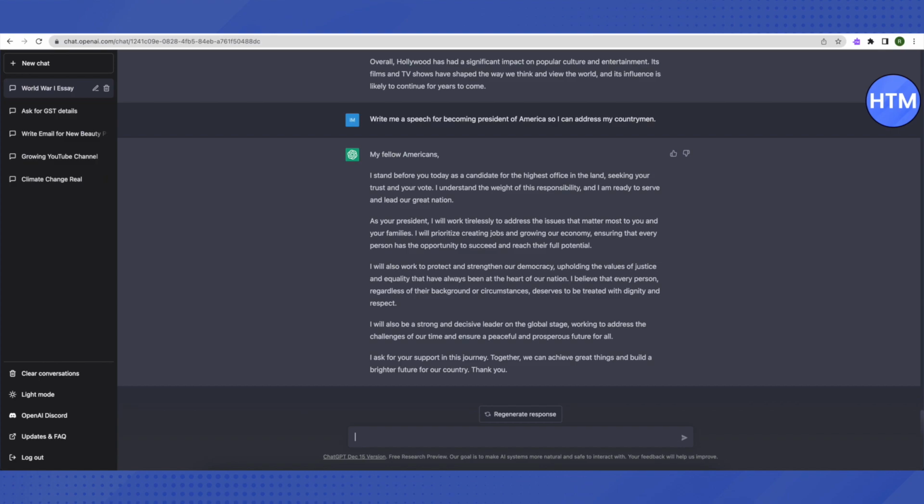Now you can read further and make sure that you always make changes to it since you are way above